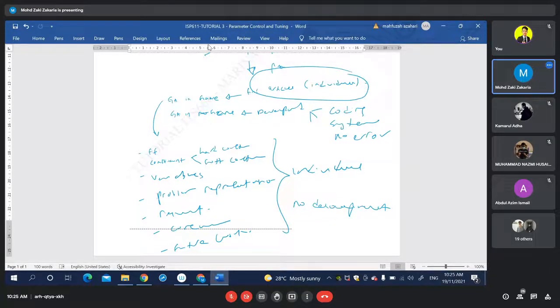Anyone else? Can you differentiate the hard constraint and soft constraint? Can you understand? Can you tell the difference? Hard and soft. Clear on that, sir. Not so sure. Okay, for example, I give you an example. For hard constraint, for example, you develop a timetable system. So hard constraint, for example,